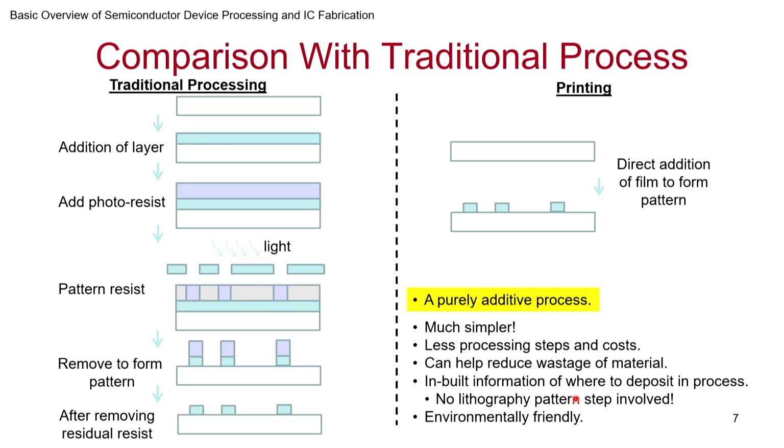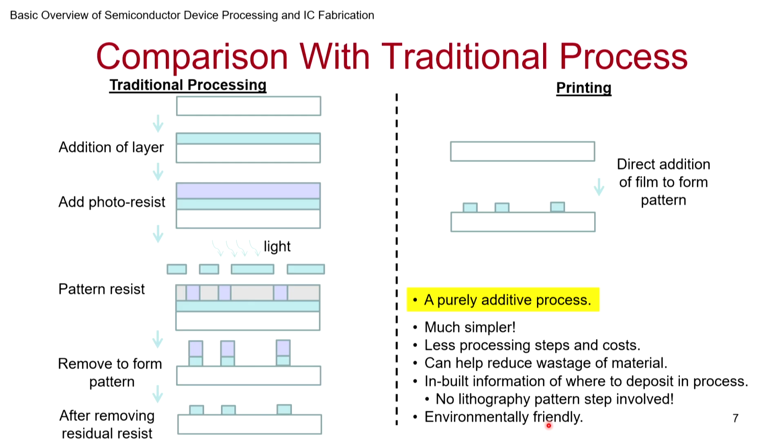Inbuilt information of where to deposit is there in the process itself, and hence there is no lithography step needed. And if you might remember, lithography was one of the crucial steps, and that's where often the rate was limited, the rate at which you could do the production, because you have to step from die to die to die, and also you have to have fine resolutions. Maybe printing cannot give you that resolution, but wherever it can, printing will be faster and environment friendly in many ways. The amount of energy needed is low, first of all, since it is done at low temperatures, but that takes away a lot of possibilities. But wherever you can, you don't have to take it to high temperatures, and you don't put stuff and remove it, so it is environmentally very benign.